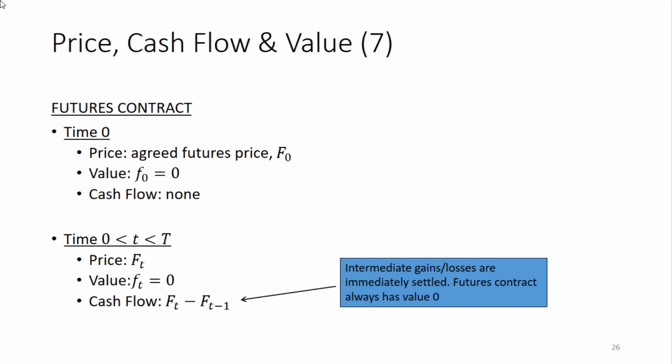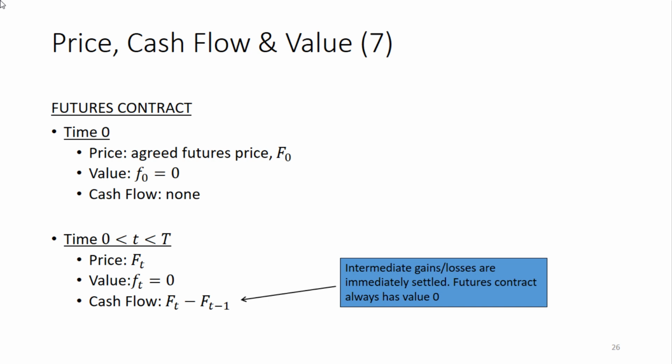So I come to one moment later than time zero, for example, small t is time 1 or time 2. So also at that moment in time, at time small t, I could look into the market what would be the price that I could agree upon between two parties for a delivery of the same commodity at time capital T. And then what could happen is that the market circumstances are different than the original market circumstances, and it could be, for example, that price now is higher. It changes from the price as it was before.